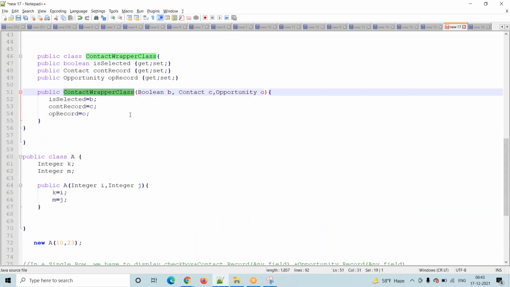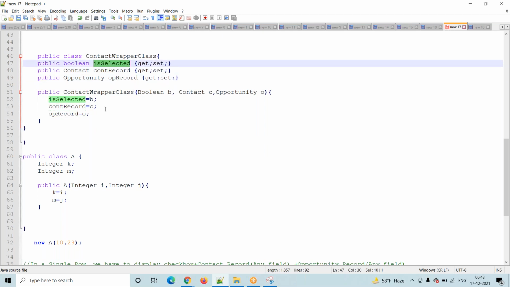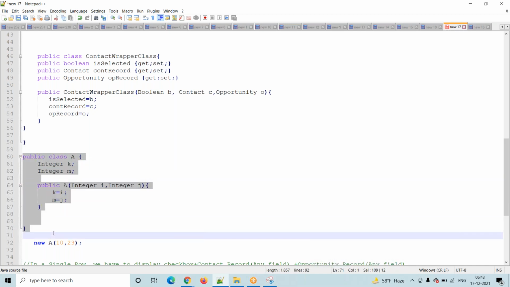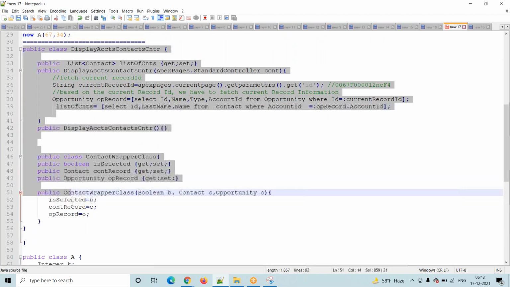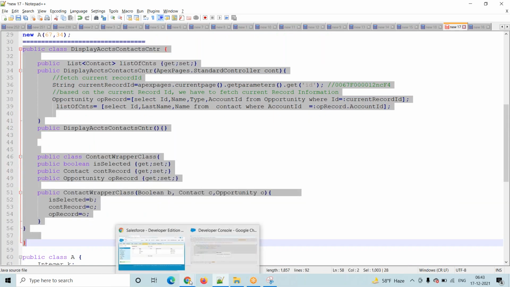Suppose any person is trying to call this wrapper class, he will create an instance, right? While creating an instance, he will pass the data. That data we will take, and that data we are assigning into this particular variable. Why are we assigning? Somewhere we will use this data, not only in this constructor, but outside of the constructor. That is the concept. So in the previous session we discussed that one. Now coming here.